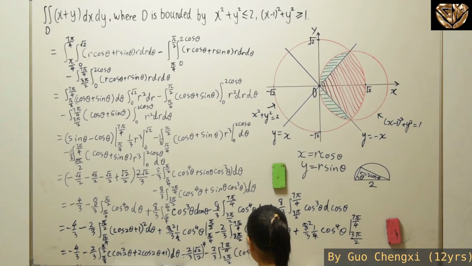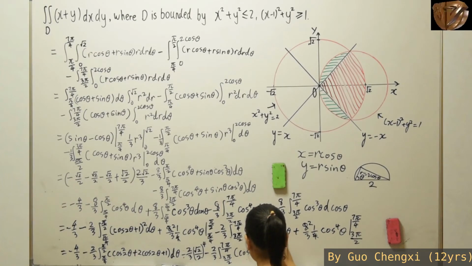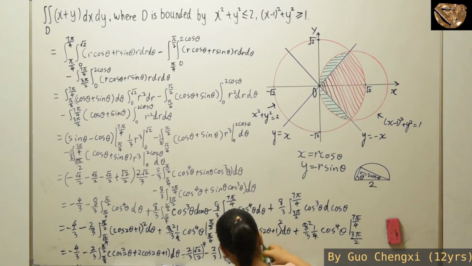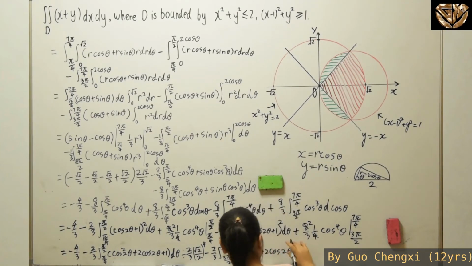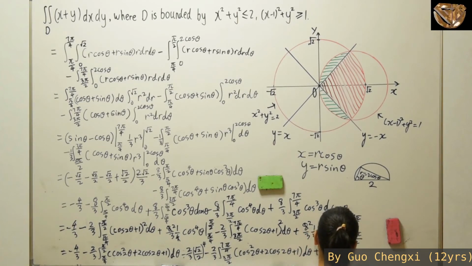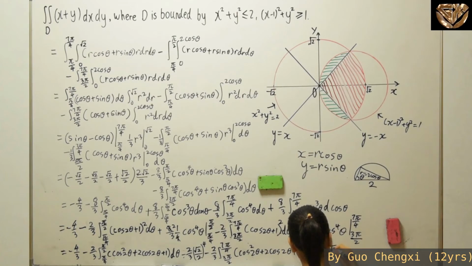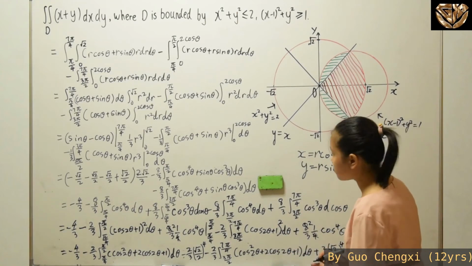And then for this part, you're going to get, then after that for this part you, okay, so apparently cosine 7 pi over 4 is square root 2 over 2, so you have the power of 4, while cosine 3 pi over 2 will be 0, while for this part,